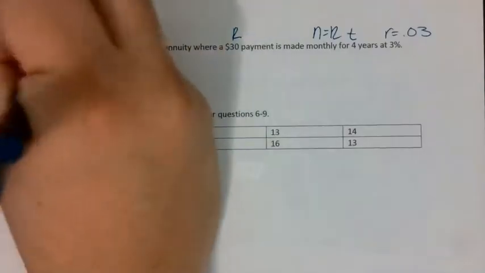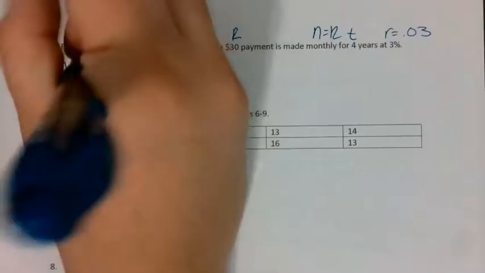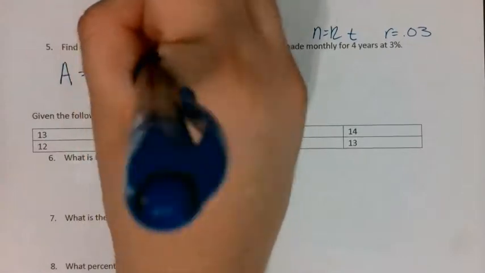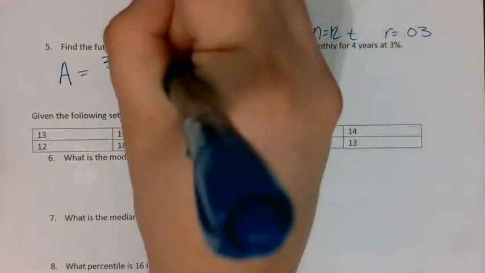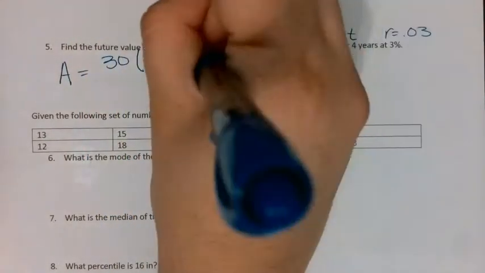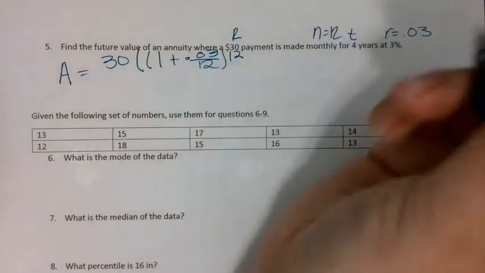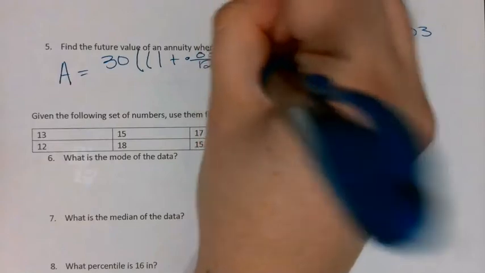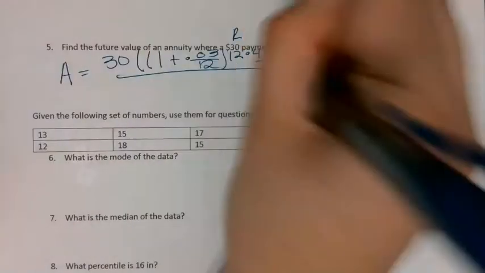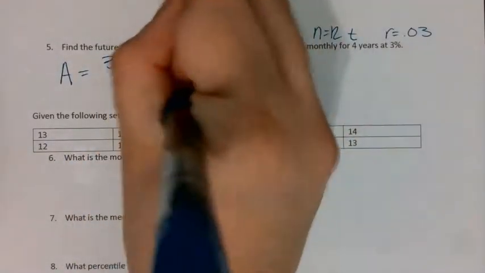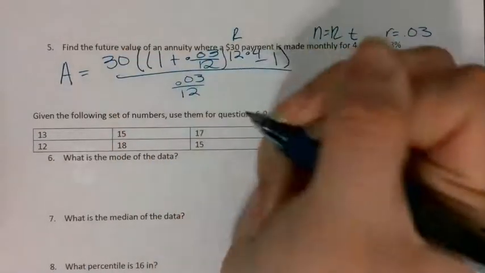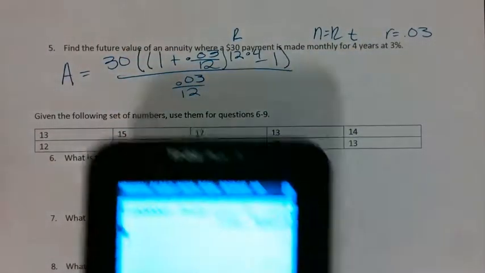So I plug in. I have 30, double parentheses, 1 plus 0.03 over 12 to the 12 times 4, minus 1, divided by 0.03 divided by 12. So then when I type this one in the calculator,